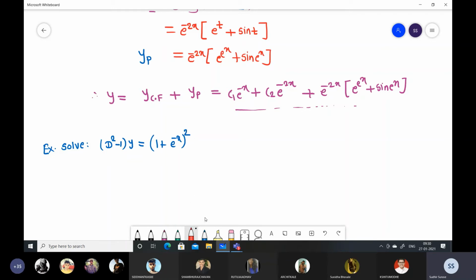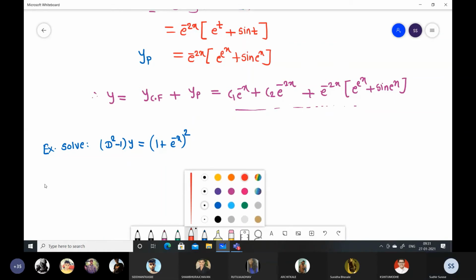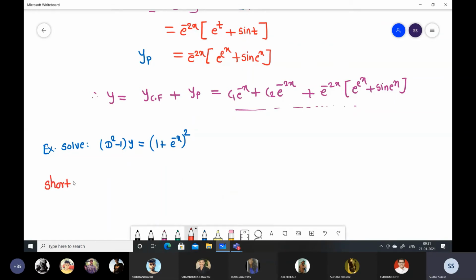So can we have some shortcut formula instead of using the general method? Of course, you can use the general method to solve this example, but sometimes you may get stuck in the integral, right? Sometimes solving the integral may not be easy. So it will be better if we have shortcut formulas. The very first shortcut formula is about the exponential term. So, first shortcut formulas